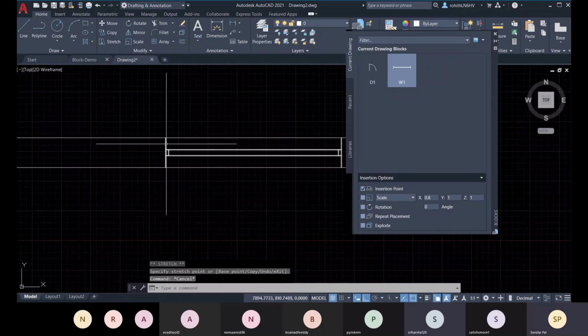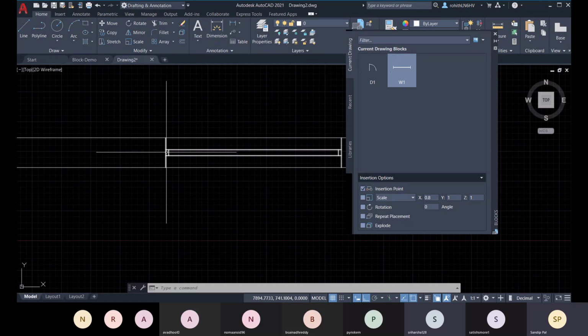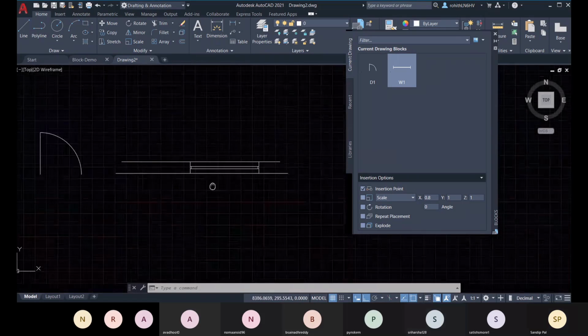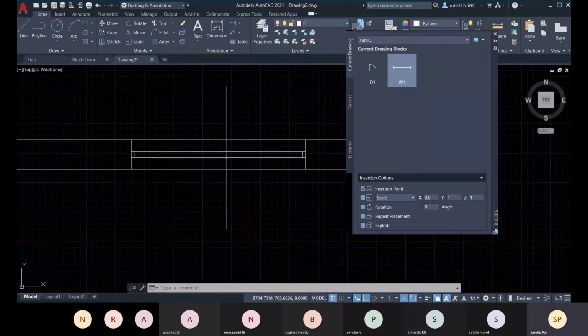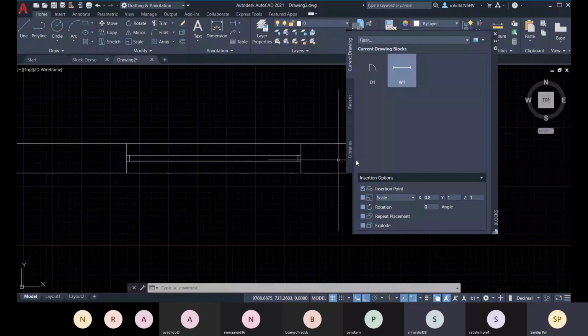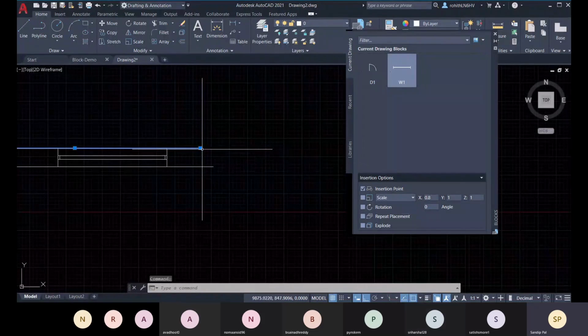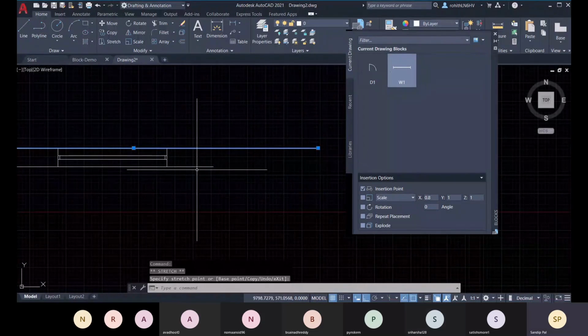This thickness, will it be changed? No, right? No, sir. So for this drawing, it is not applicable for both directions. It is only applicable in this X direction only. So go for this X direction. Okay, put that scale factor.